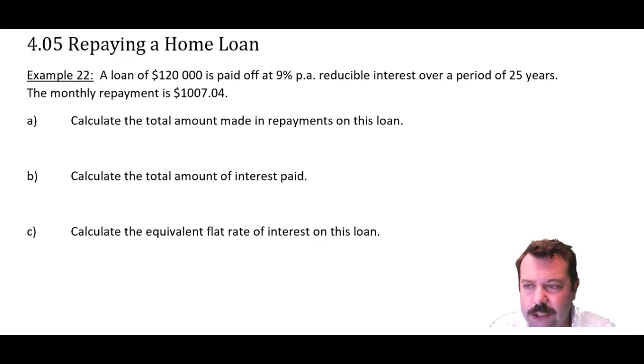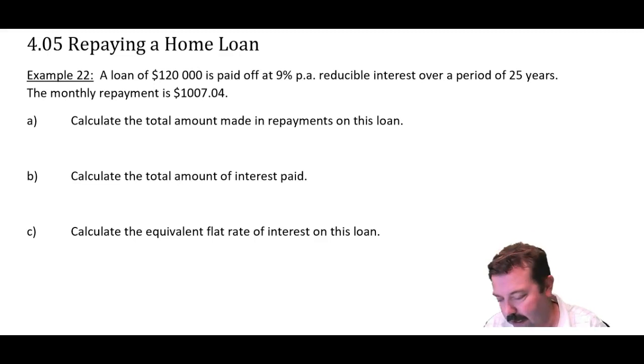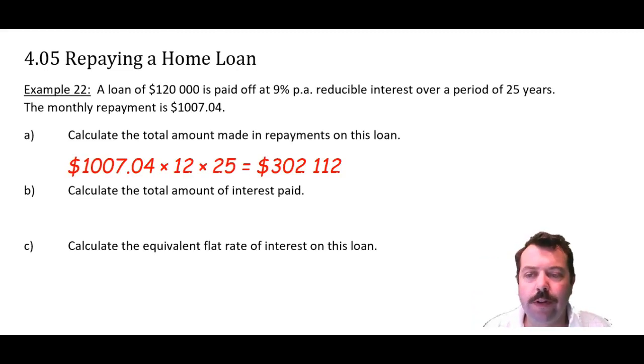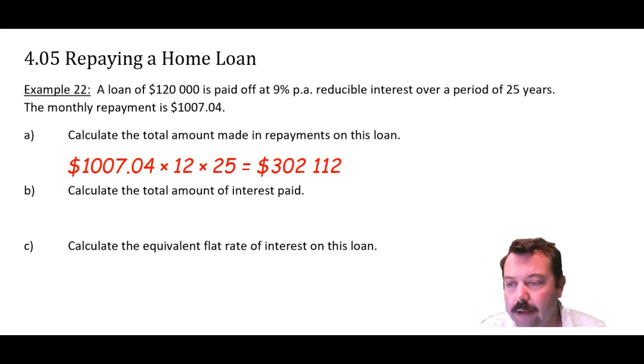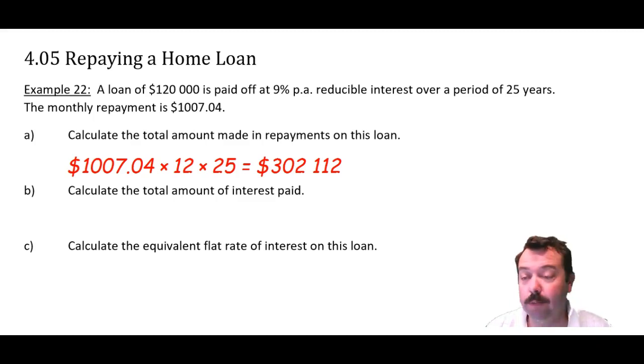Now, if we read that question carefully, we're asked to find the total amount made in repayments on this loan. We did this in the previous exercise. I know what the repayments are. I know how many repayments there will be, and so I merely multiply those together. So the total amount made in repayments is my repayment multiplied by 12. That gives me a year's worth of repayments. Multiply that by 25 gives me all 25 years' worth of repayments, and I get